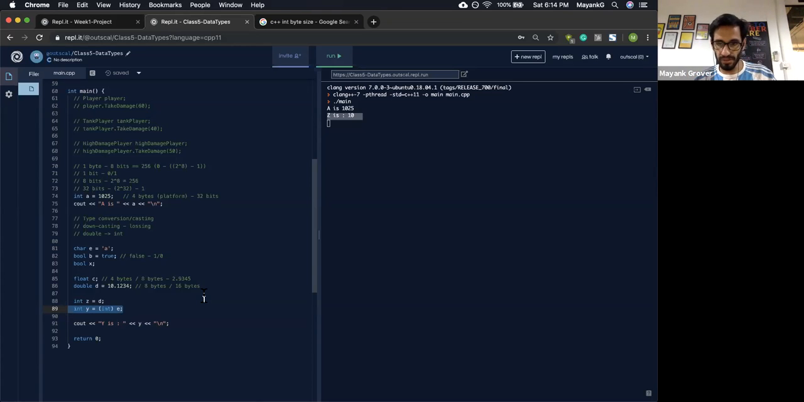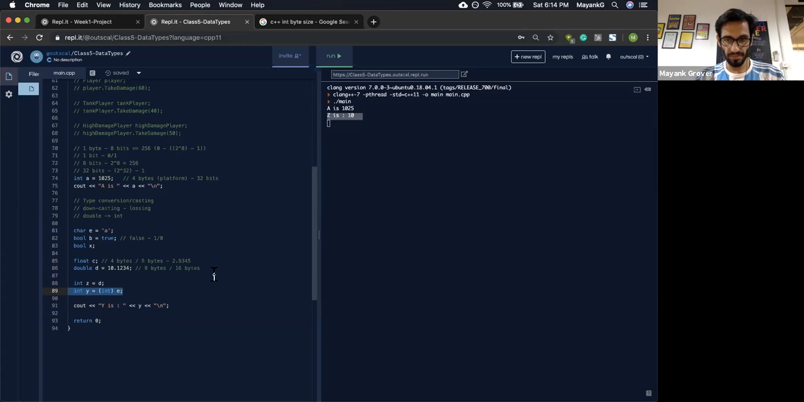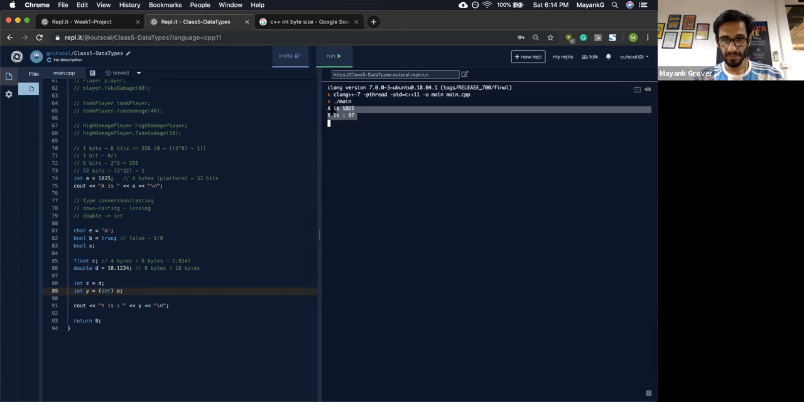So Chaitanya says B65. Others? Anyone? Will we still get something? Will we not get anything? Will it throw an error? Let's run and check. So we get 97. Okay, so we got some number, but it's not 65. It's 97. And the reason for that is,